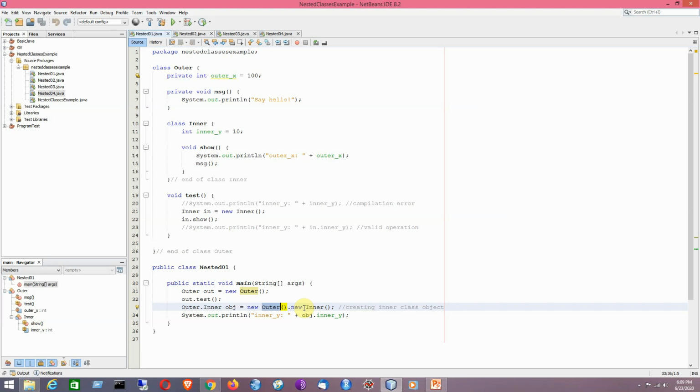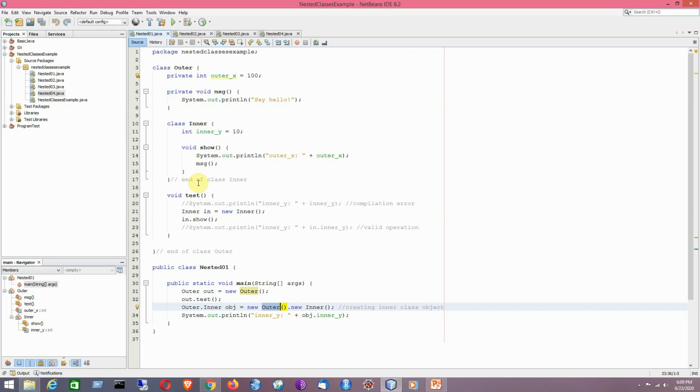It is an instance member, and it is basically related with respect to their respective objects. I mean to say the inner class object is basically an object of the outer class object. So that is the concept behind this particular program, which is the concept of non-static nested class or the member inner class. So I hope that you have understood the concept of this program.